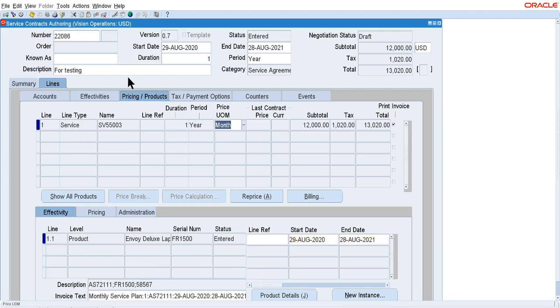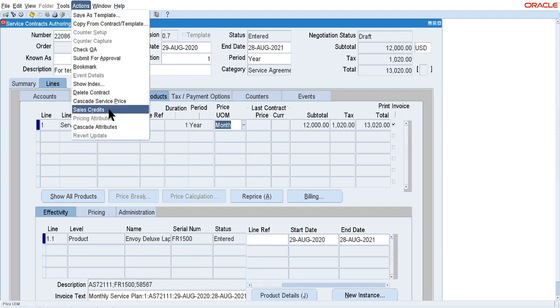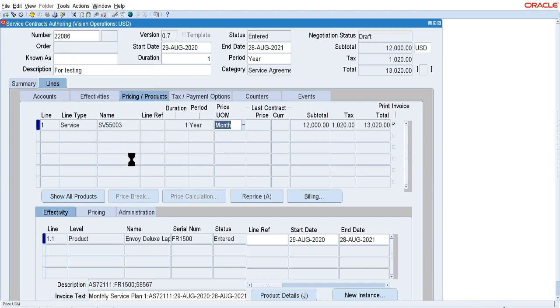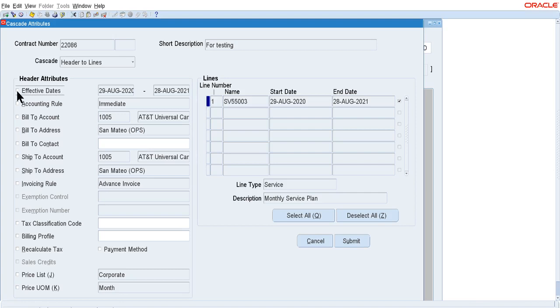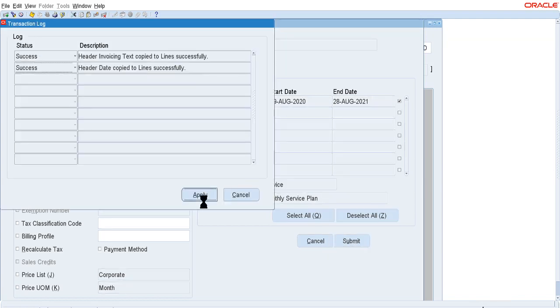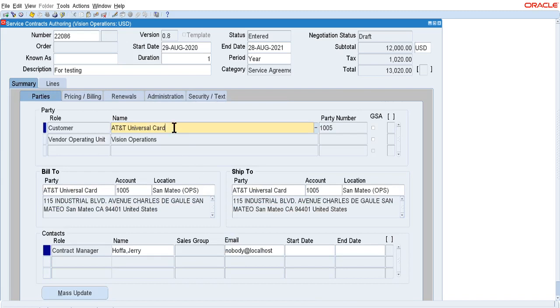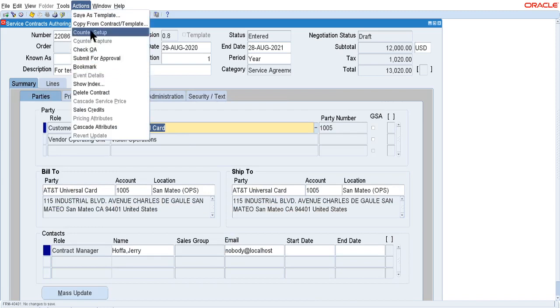Do one thing, let me cascade it, so it will transfer the information from header to line level, and then we'll check if there is any issue. Counting rule, something like that. Mail to sector information, schedules and text information. There is a problem with the date, I think. Okay, so let me apply this. If there is a problem, you can do like this, otherwise you can go and cascade this information. If there are any problems, then I go and perform the QA check.